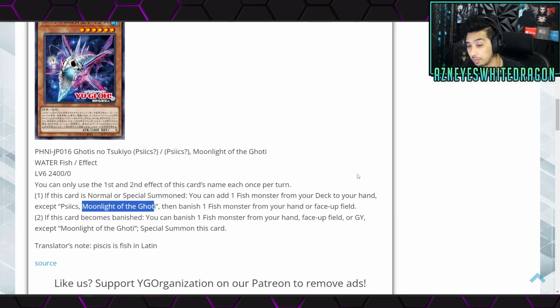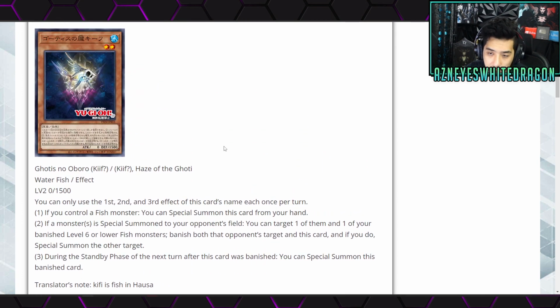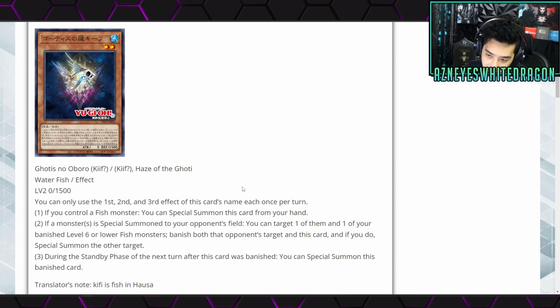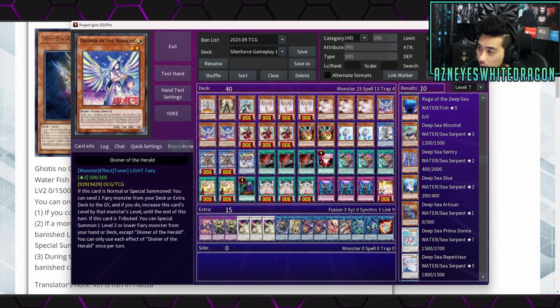Okay, I would say this obviously has some synergy with the previous card. I think that this is still definitely a great addition to this archetype, but I was thinking more of just splashing this in other things. I think this first card, the Haze of the Ghoti, is actually pretty dang good, especially if maybe they start slowly bringing back all the Dragon Rulers, because the water one,